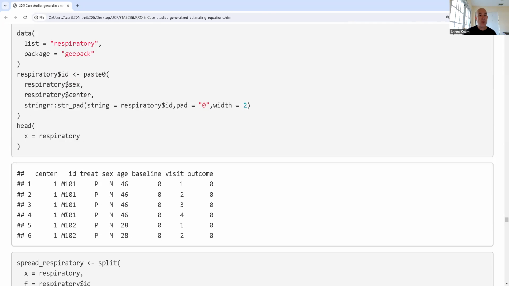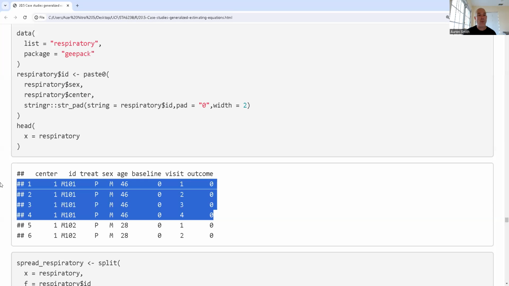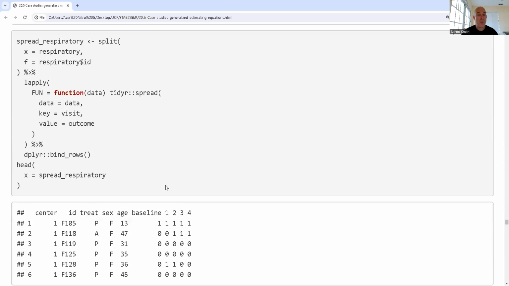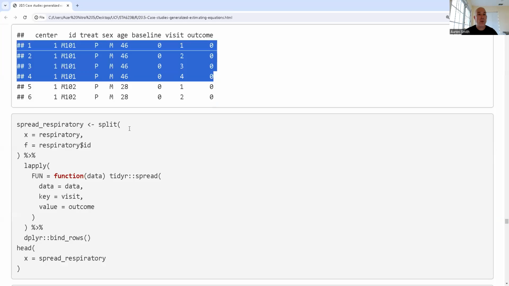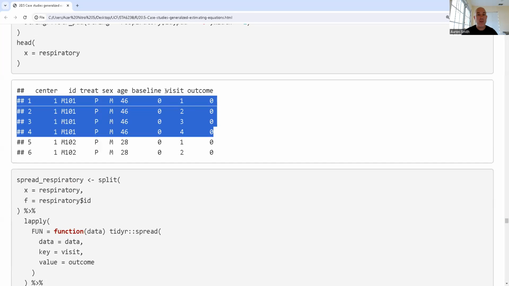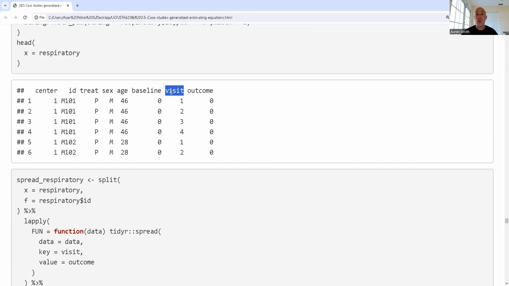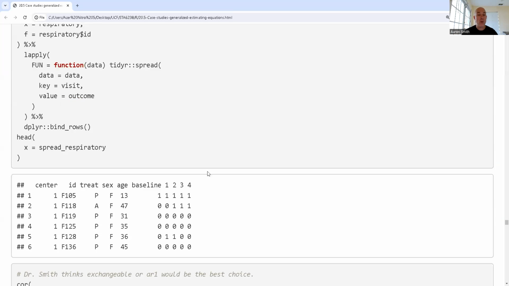All right, so here's what the data looks like, and you'll notice that this is all the data for the first male at center 1. This is their portion of the data. The visit indicates what measurement this was for them. So let's go ahead and spread this out. I'm going to take visit and make it the new column header, and outcome is the new value inside it when I convert